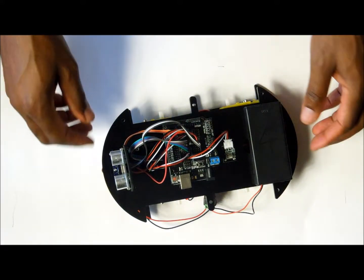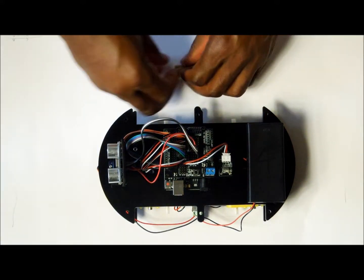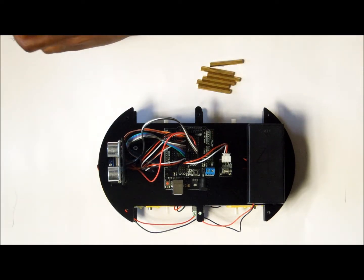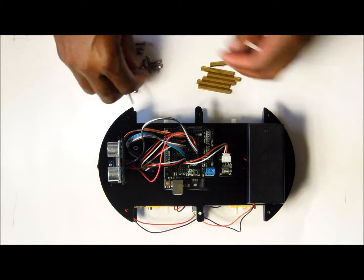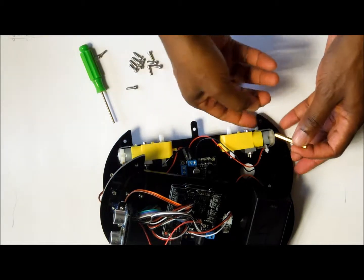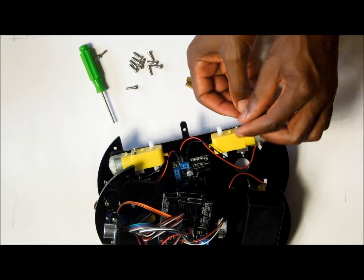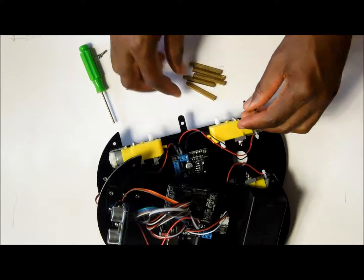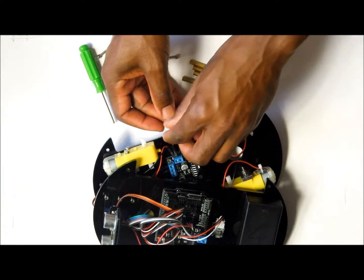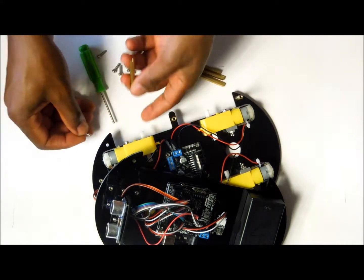Now the next thing that we want to do is to put our post that separates the top half from the bottom half. And we are going to use these 6 copper posts, and they are going to be supported using these screws that we have. So starting from the bottom, we're going to put first post, second post, third post,